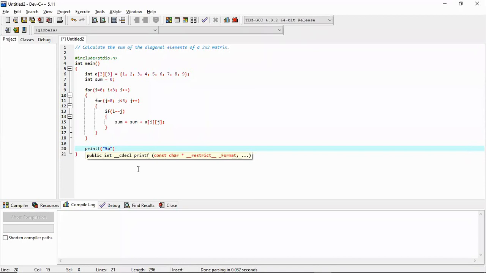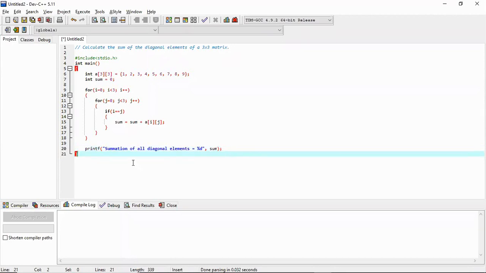We can write summation of all diagonal elements is equivalent to percentage d, and what is that, comma, that is the sum variable. And this way we can solve this problem.